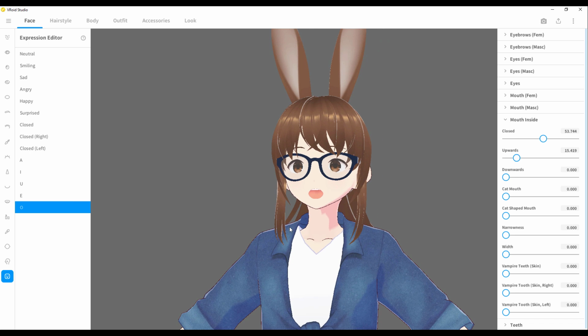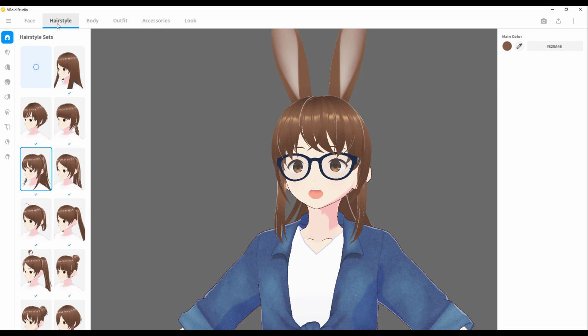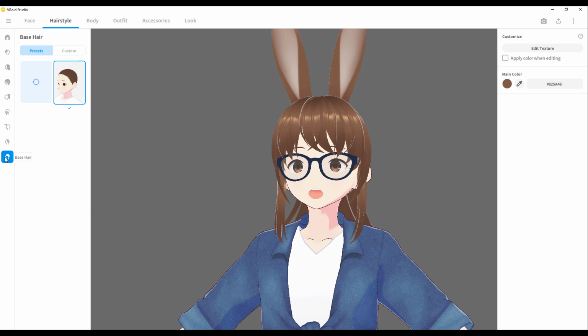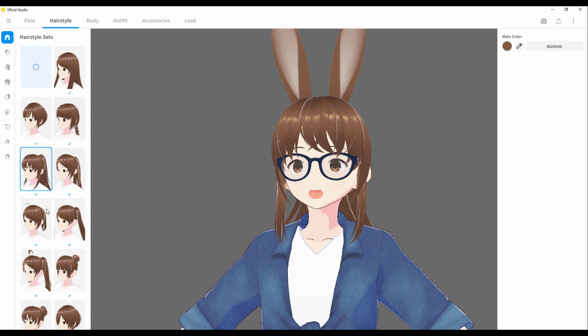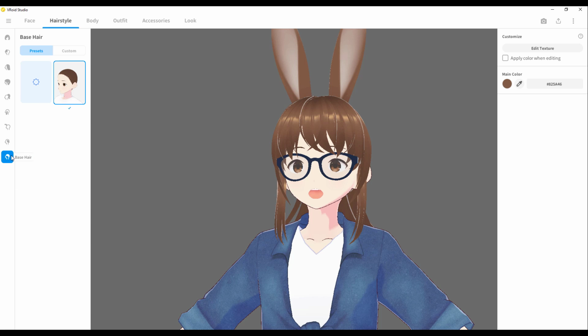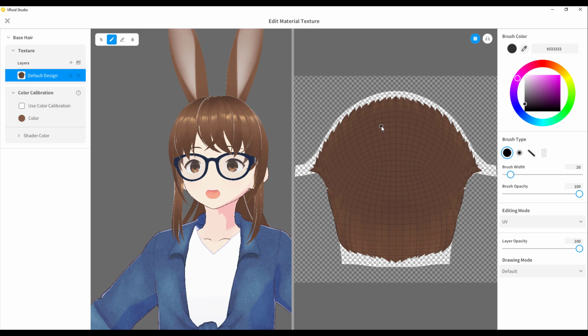Now, while we speak about things that we don't have, there's also something very cool that I felt we would have been seeing here, but we didn't. So what is that? If you go over to the hair section, it doesn't matter which, if you go over to any of this hair section, what we have is predefined hair. And if we click on the custom and click on the plus sign, you notice we just have this, which means that we can only edit the texture of the hair. And this is just what you have.